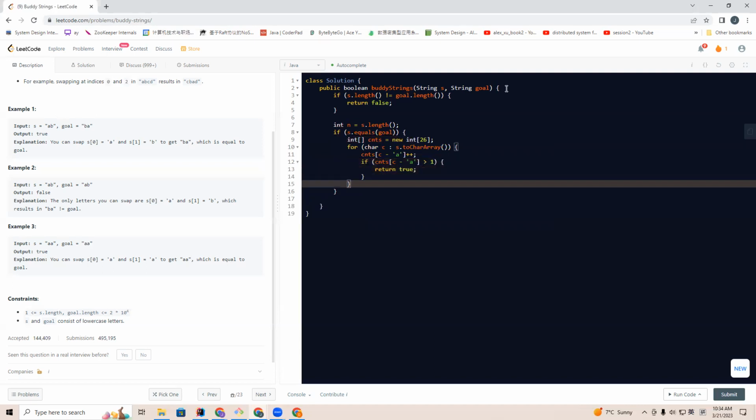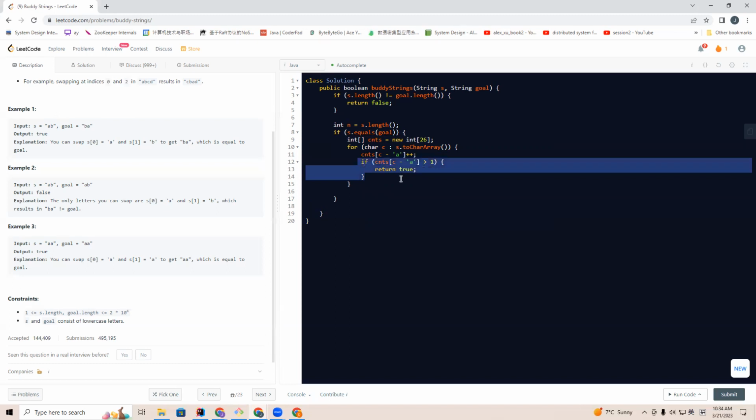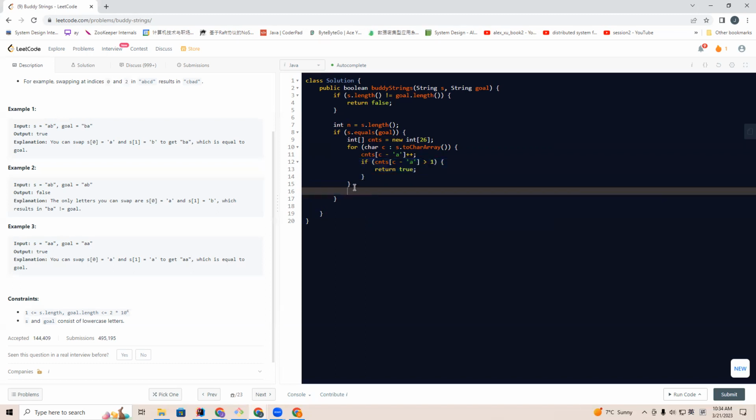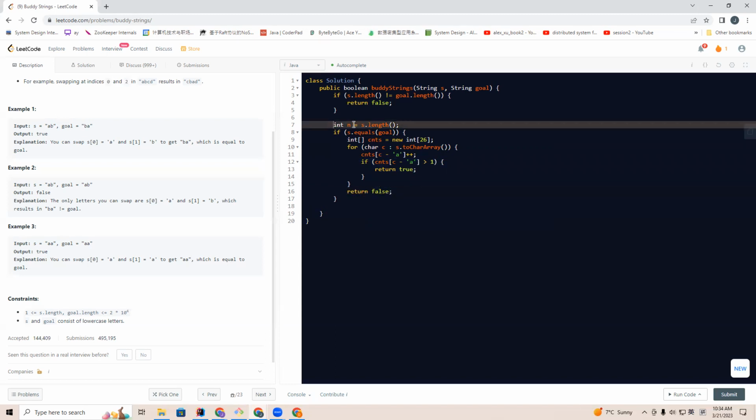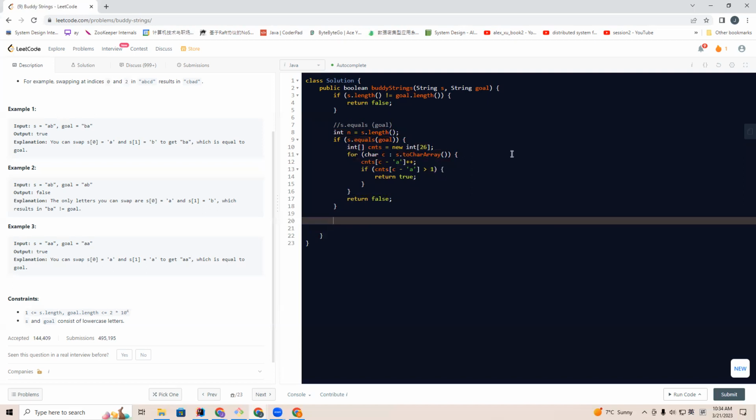If none of the characters count greater than or equal to 2, that means all of them are unique, so return false. So this is the first scenario, S equals Goal. And if S does not equal Goal, what we are going to do is